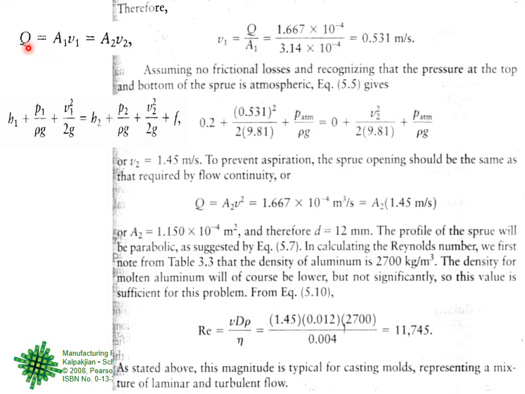Now Q is already known. Velocity at the bottom you have found out. So just use that. Q is equal to A2V2. So V is equal to Q upon A and so on. And you find out. Right? You find out. So because it is there, therefore this is the area at the bottom. 1.45, right? Area. And area is pi by 4 ds square. So therefore find the diameter. So this is the diameter at the bottom of the sprue for a good sprue design, avoiding aspiration or inclusion of bubbles in the molten flow.